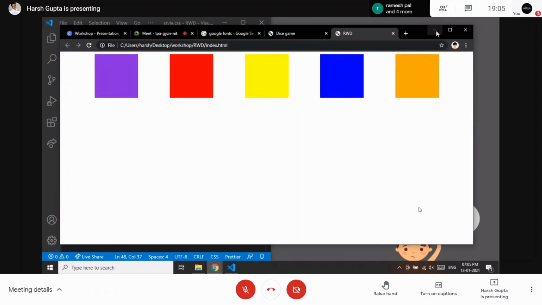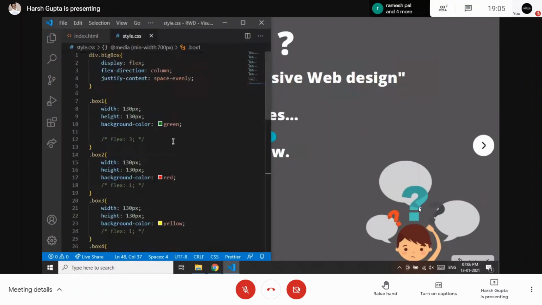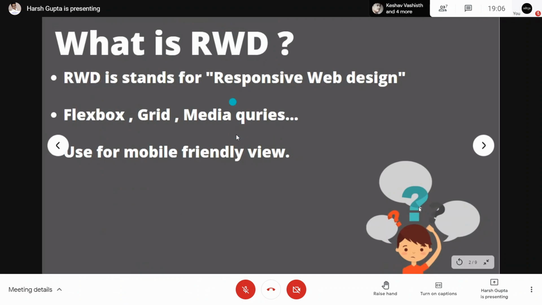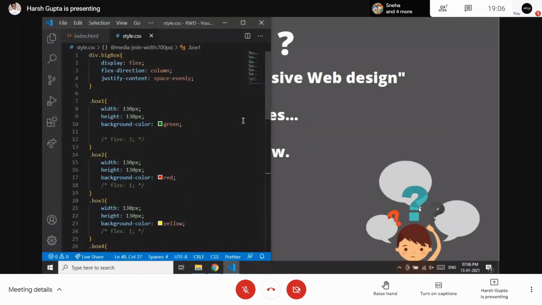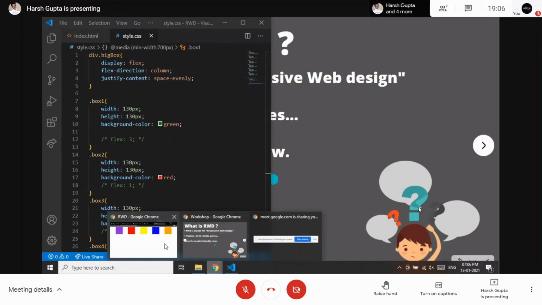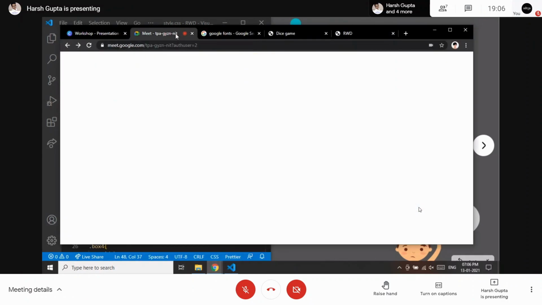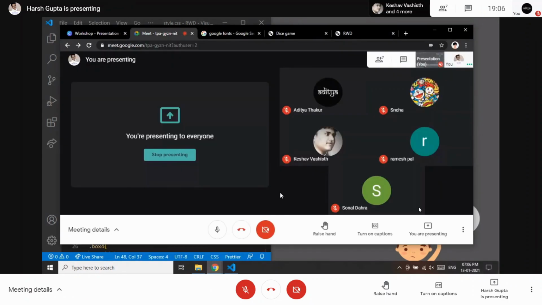So with the use of media queries, you can do many things. You can manipulate the code, you can change the code, or you can make it as user friendly as you want. So any questions about responsive web design? Because we have covered a lot here. We have covered the Flexbox property and media queries. We have also covered the JavaScript game, how it works, how the document structure works, and how the logic behind the JavaScript integrates with websites. So any questions about these things, or about responsive website design or anything?